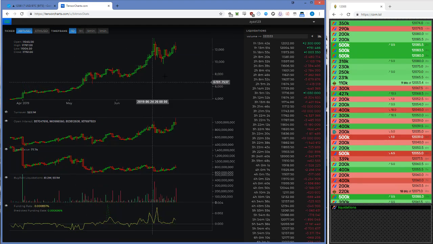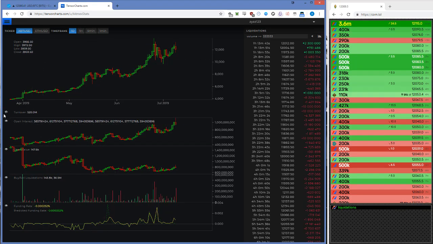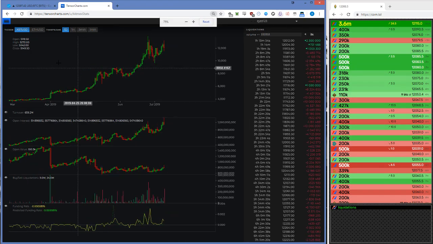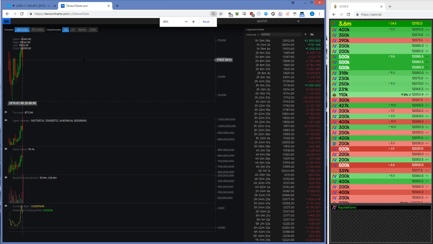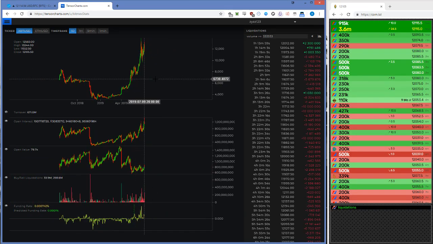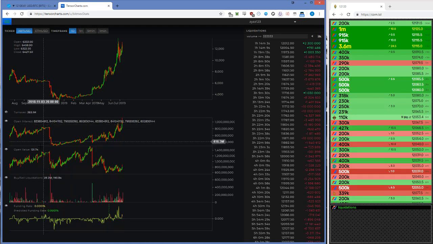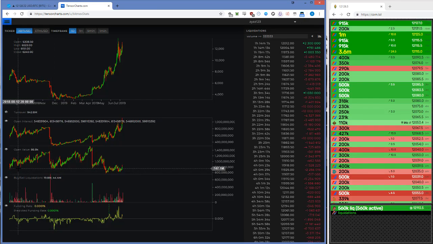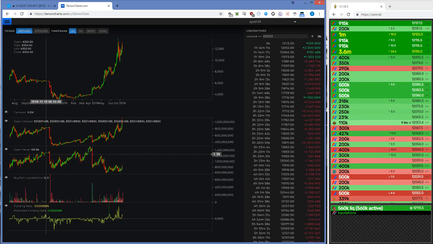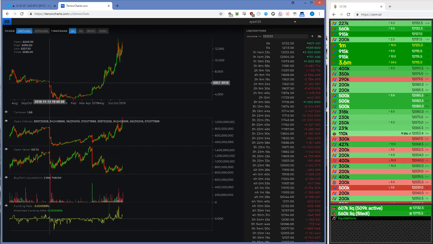Here's tensor charts. This is the BitMEX stats, which I think is only available if you subscribe. We can see back in time, here's the open value, which is the amount of open positions measured in Bitcoin. As we were consolidating here at 6K, open value is going up a lot, and then when it dumps,